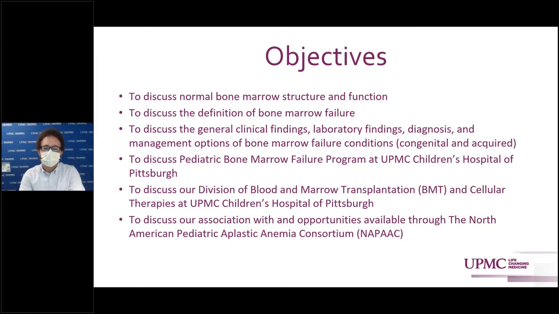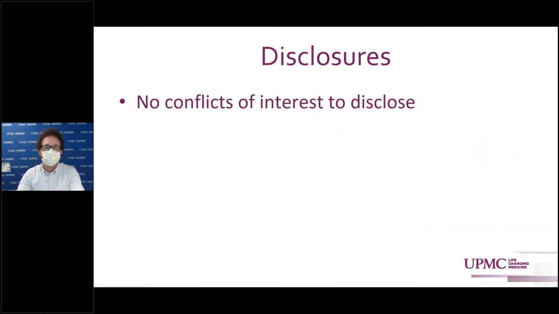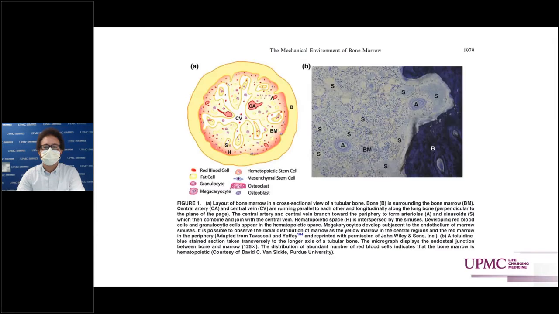And then toward the end of our talk, I'll talk about our current pediatric bone marrow failure program at Children's Hospital here, in conjunction with our bone marrow transplant program and our association with the North American Pediatric Aplastic Anemia Consortium. So no disclosures. So I want to start off with this slide to kind of just discuss the structure